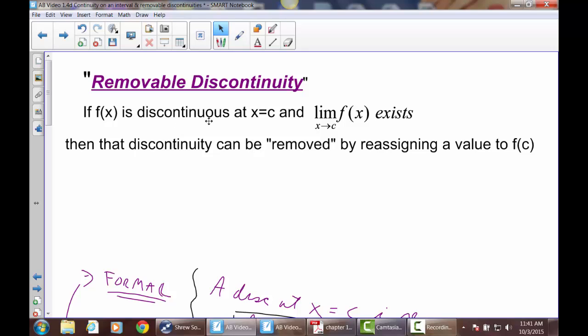If f of x is discontinuous at x equals c, but the limit as x approaches c of f of x does exist, so the limit from the right and the limit from the left exist,